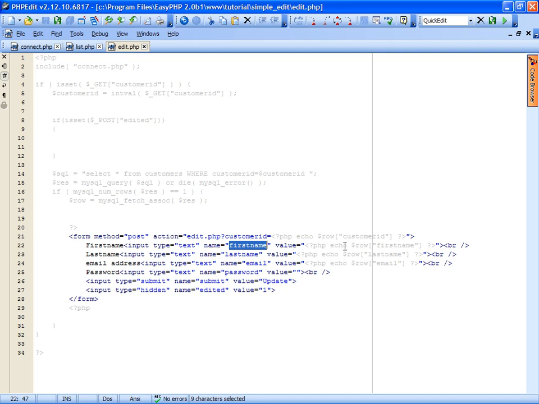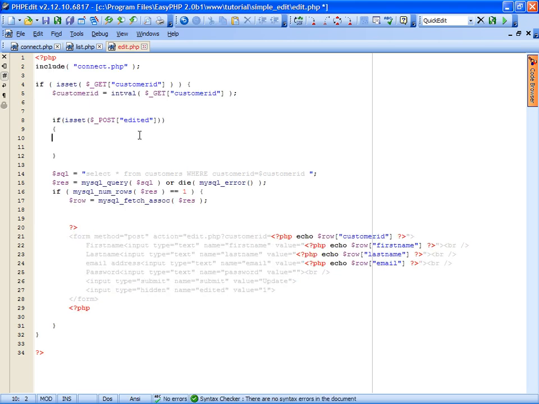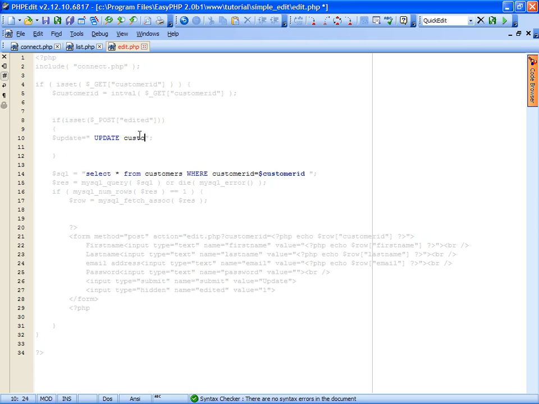And if the password has been set, we can change the password. So first, let's just start an update. We can write here update customers and set,